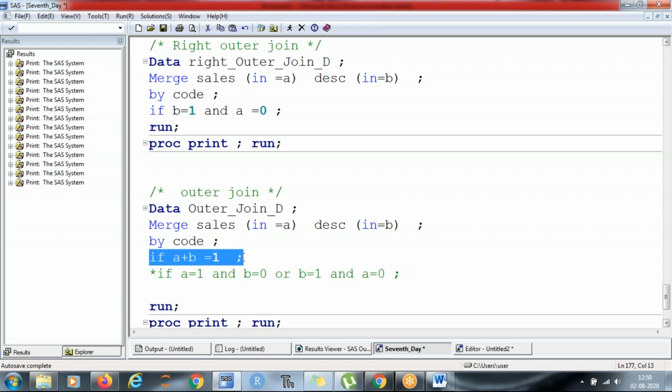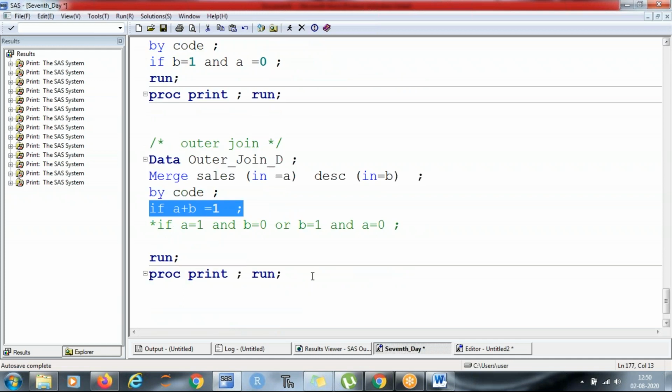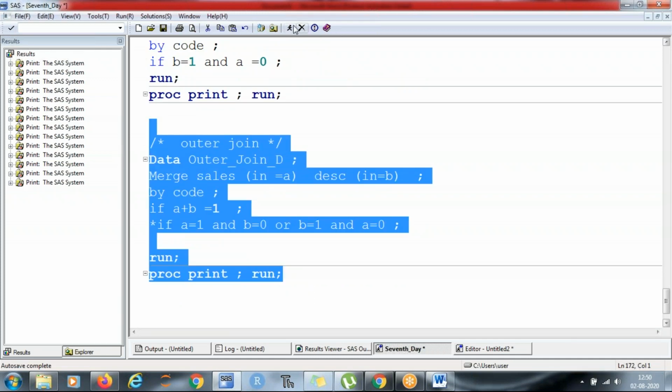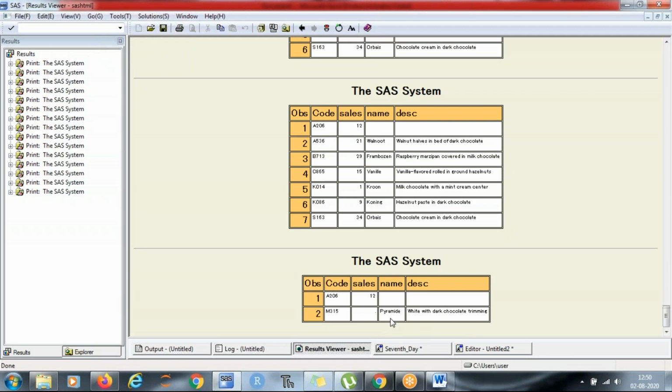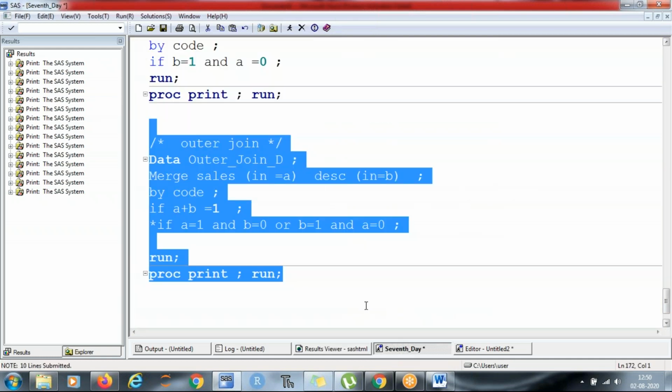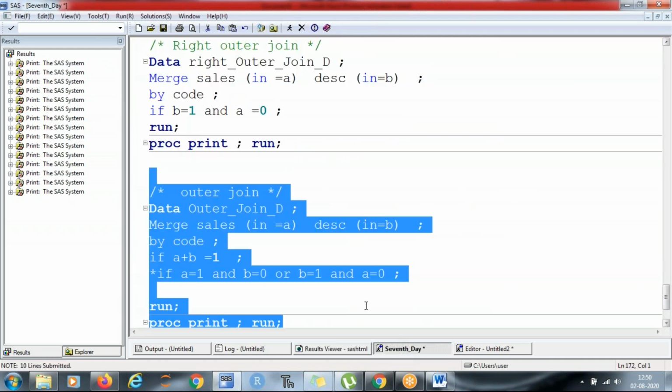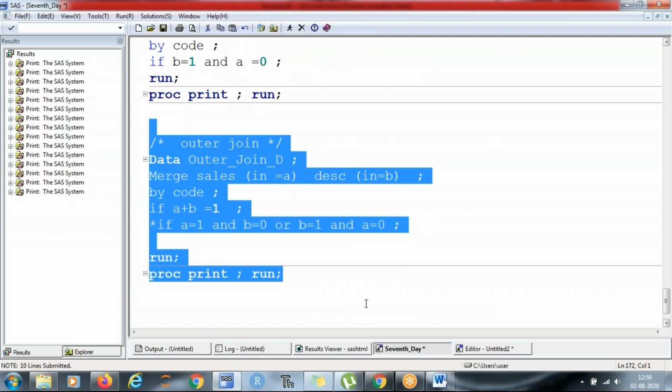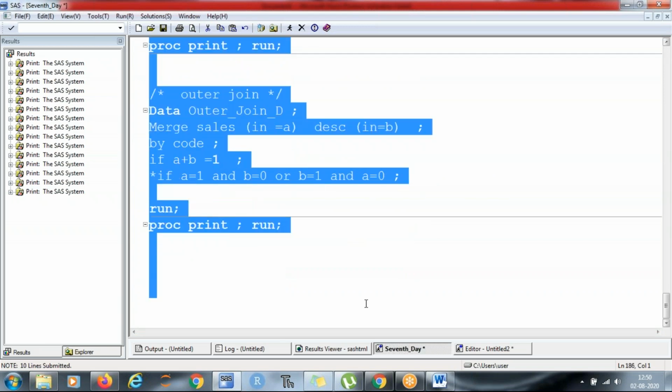So I titled if a plus b equals to 1. So you will get these two data points. So this is, we have done this merging through data step.